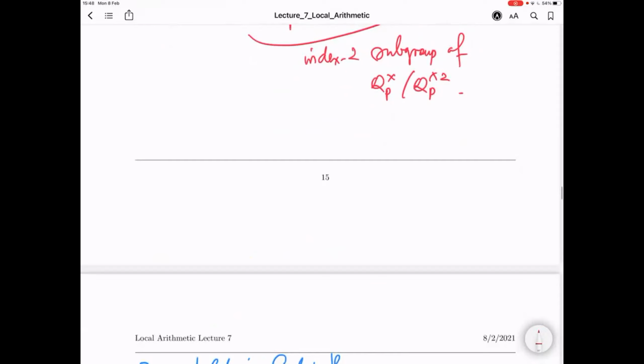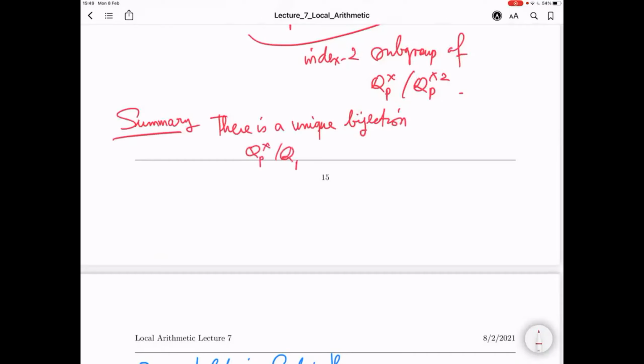The summary of what the Hilbert symbol does is that there's a unique bijection from QP star modulo QP star squares to,